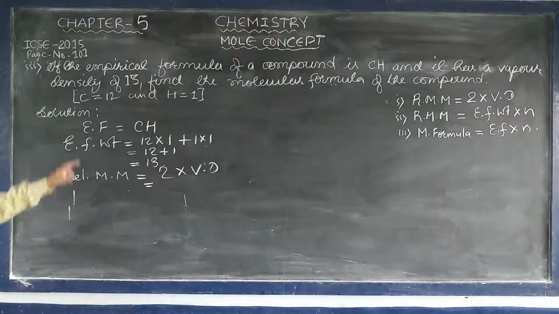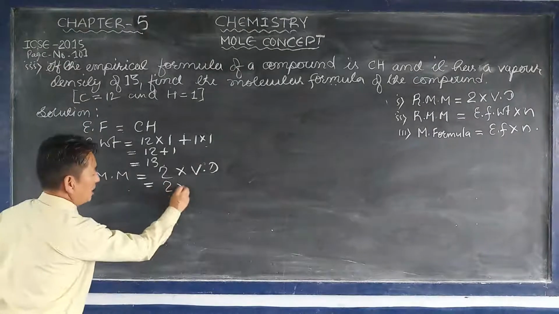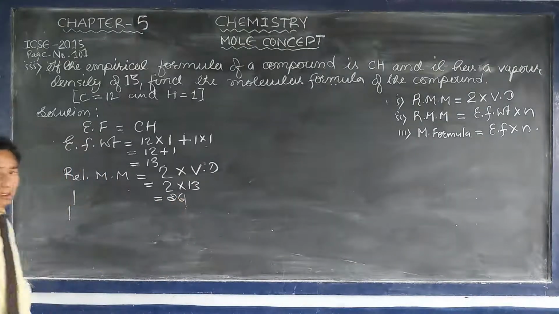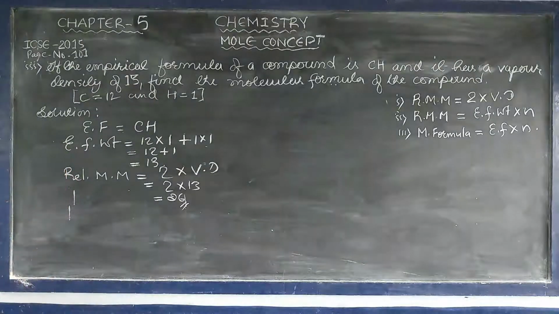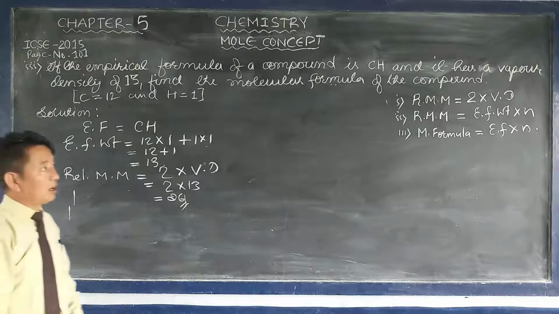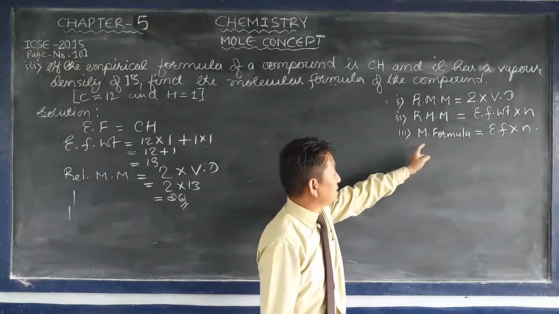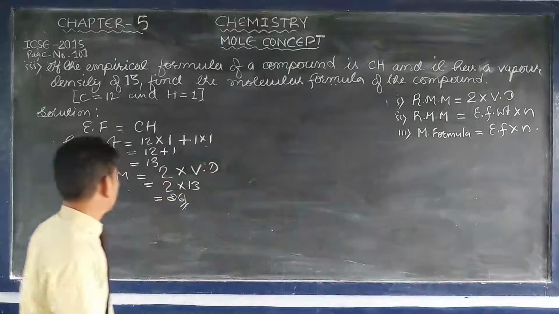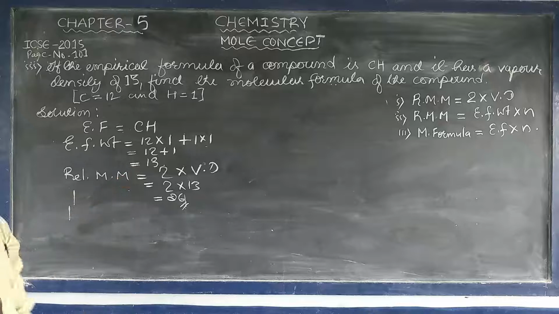As you can see here, vapor density is given as 13, so 2 into 13 is 26. We got 26. Relative molecular mass of the substance is 26. Now we have to find out the molecular formula of the compound. As you can see here, relative molecular mass equals empirical formula weight